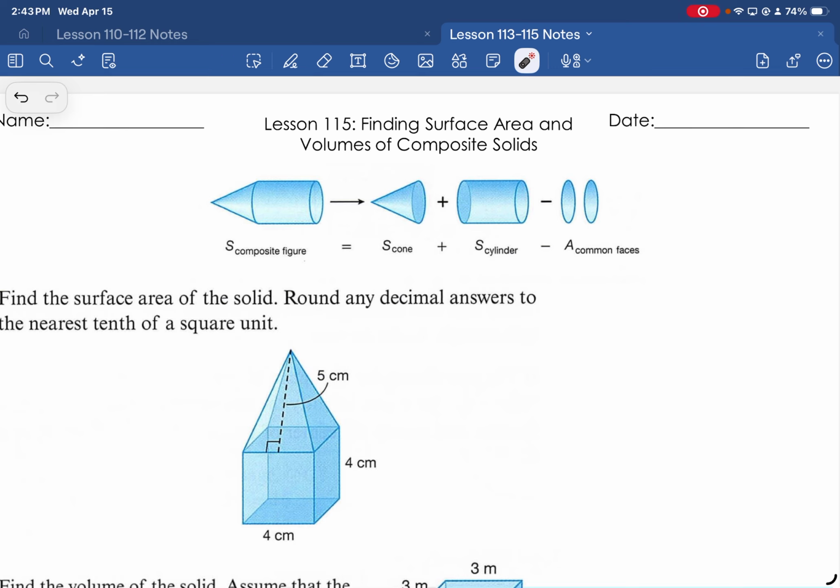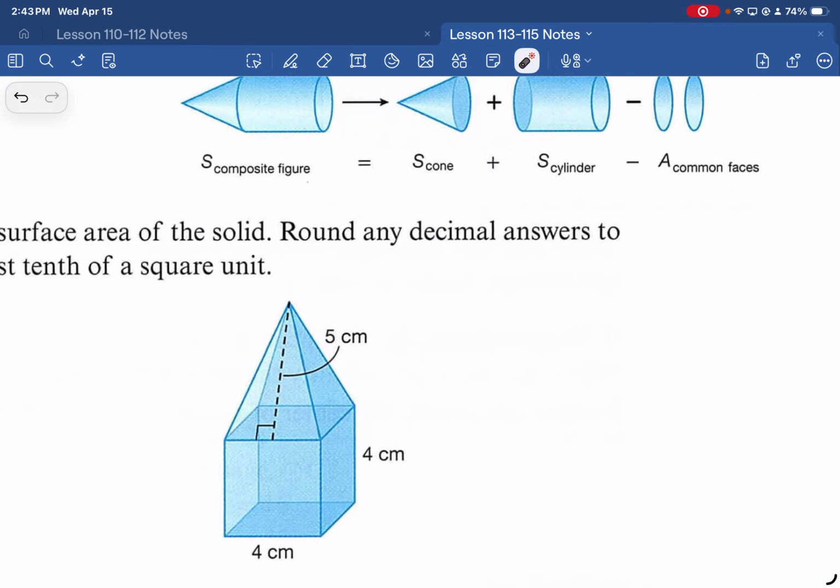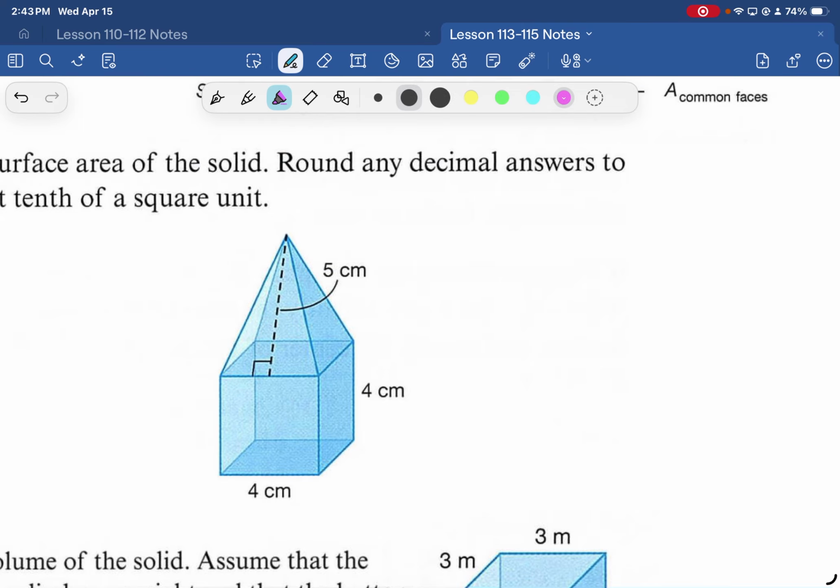So for this one, it says find the surface area of the solid, round your answers to the nearest tenth of a square unit. Okay, so where do you think we're going to start? The cube down below. But instead of 6 faces, I'm going to do 5, exactly. So let's write down area of cube equals,